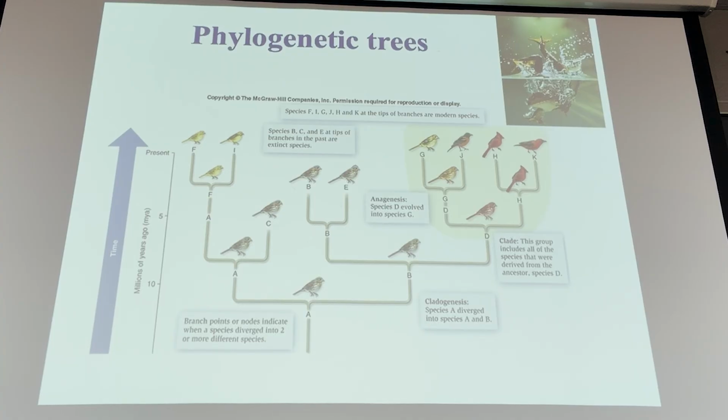So here is a bird phylogeny from a bird textbook. And there's a whole chapter on phylogeny in this bird textbook, the ornithology textbook. But this shows you really well what we just kind of talked about. So these are the living guys up here, right? Usually, in the present, you can see there is a timeline here, present to about 10 million years ago. And so these birds here that have been drawn that don't make it to the top are all extinct, okay? And you can see when they lived,